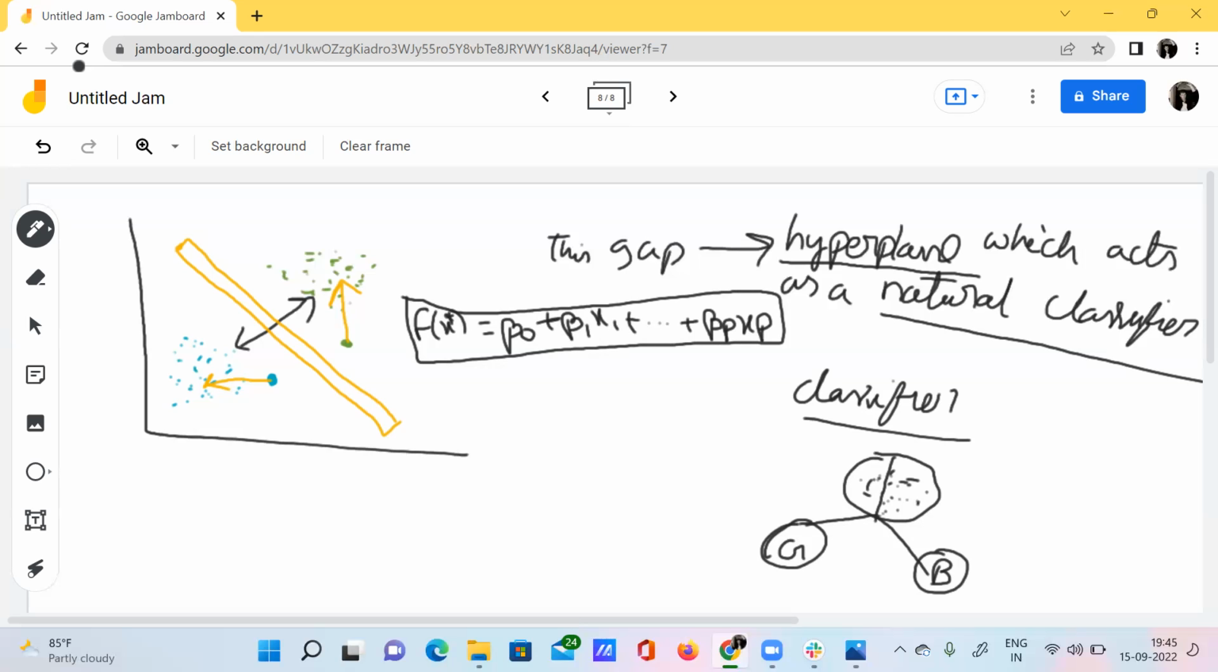So these are all the parameters here: beta 1 x1, beta p xp and so on. If you have finally calculated f of x and you have got some kind of value, let's say 295, which is greater than 0,